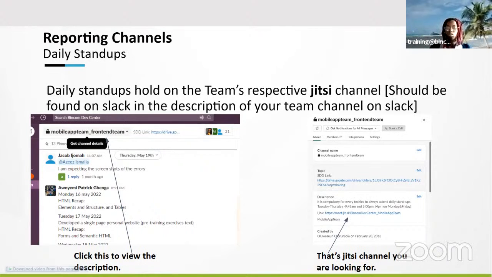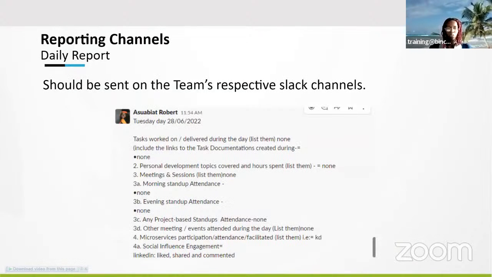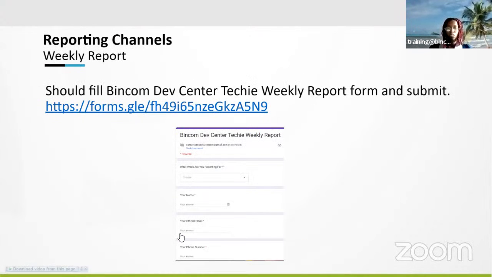So you need to register on the application using your official email and choose whatever team you are in. Once you sign in, when it's time for your morning stand-up, you choose stand-up, and it automatically takes you to the link or the room where your stand-up would hold. And this is how the daily report looks like. You need to submit it to your Teams channel. You have the task worked on with the dates, what day it is, the month, the year, and several other pieces of information that you need to respond to as well. So this is how the weekly report looks like.